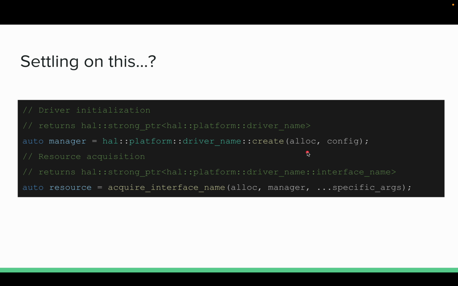It'll be whatever platform or driver or category you're in, the name of your driver, and then create. You'll also pass in an allocator or a memory resource, which will convert into an allocator, and then whatever configuration parameters this thing needs. Out will come back a HAL strong pointer of whatever object you wanted to construct. The normal constructor will be private, and you'll only be able to access it through this. And this is just to ensure that whatever you get back out is a smart